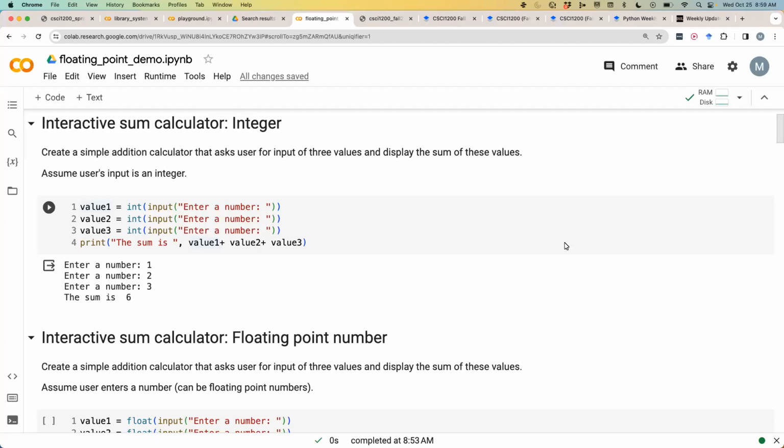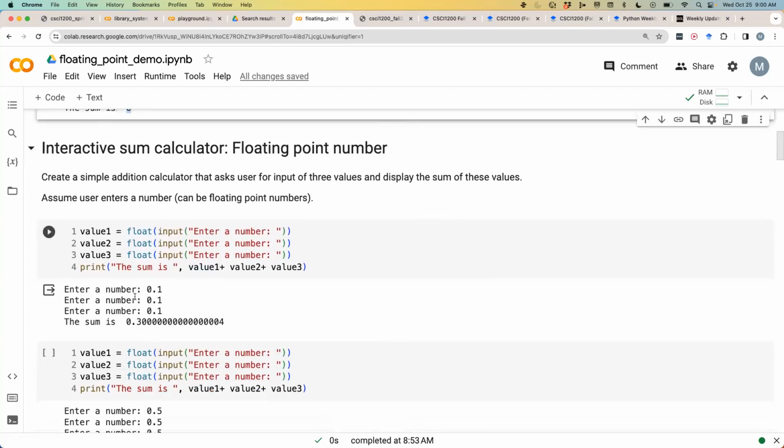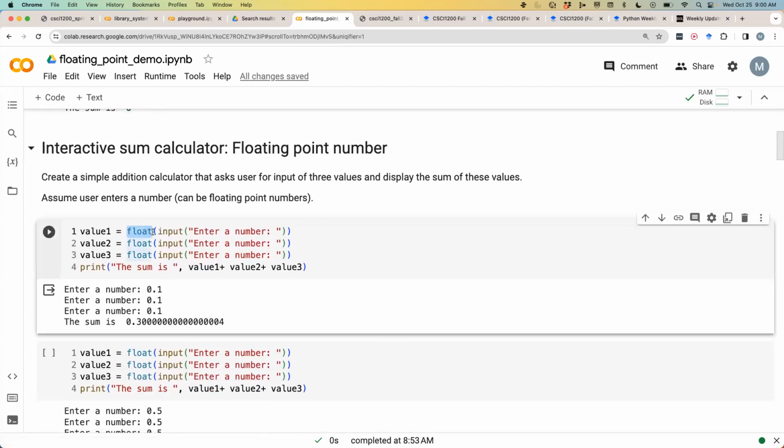All right, let's begin. So just a quick recap on what we have studied on Monday. We started with an experiment showing that with a simple interactive sum calculator that takes only integer values, we get the precise solution of the sum of these integer values. And then we proceeded to allow users to input real numbers, which will be stored as a